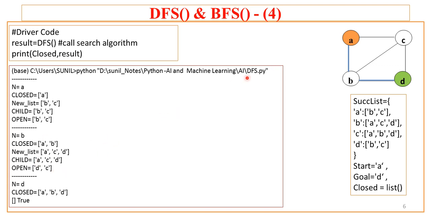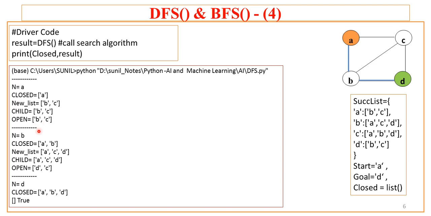So let us see this execution. Here the dfs.py program is executed on Anaconda prompt. Initially it starts with A as the first node, and that node is saved in closed. Now as A is not the goal, the immediate successors of A are returned, that is B and C, and that is stored in child as it is, and open is having B and C, because at this point of time open was having nothing, and as A is not the goal, whatever successor nodes of A are there, those nodes are added to the open.